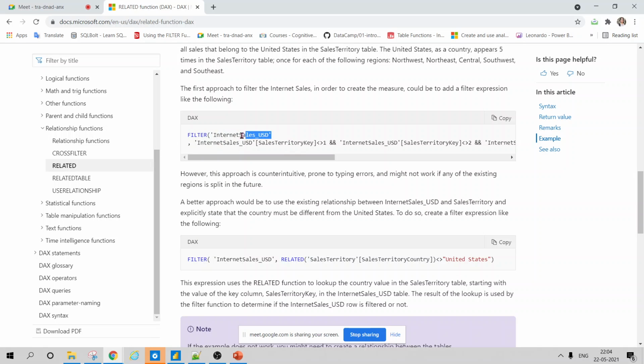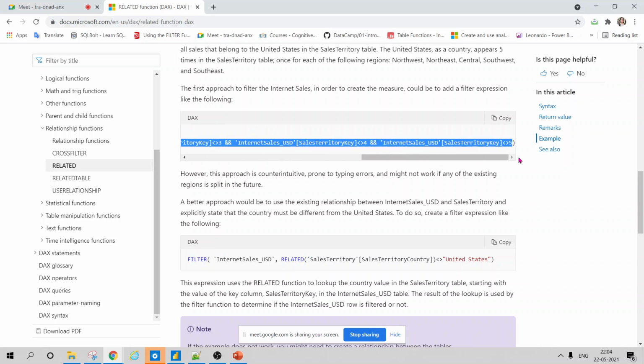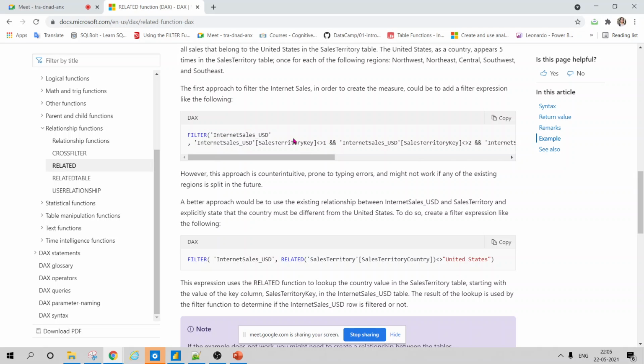This is a table. When you are writing a filter function, it returns a table. So it is returning a table first of all. Filter internet sales where internet sales USD sales territory key is not equal to 1, and the key not equal to 2, and key not equal to 4, and key not equal to 5. So this is returning a table.